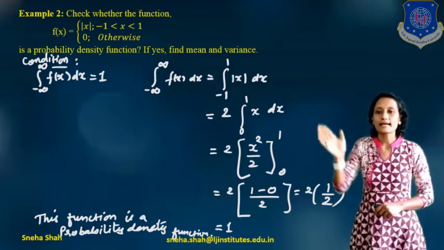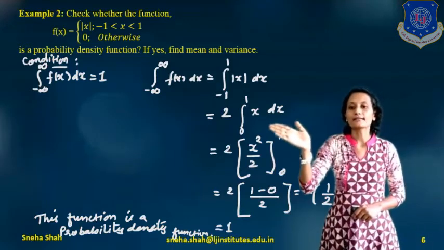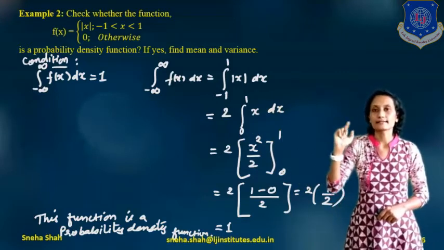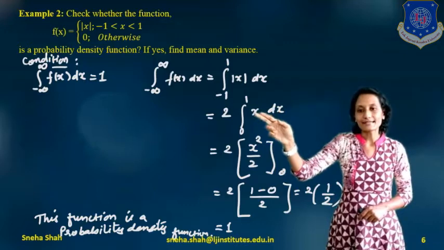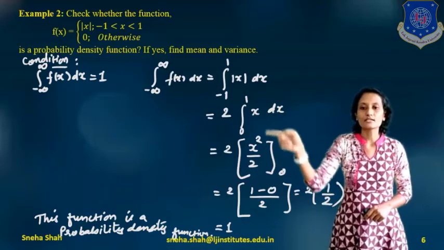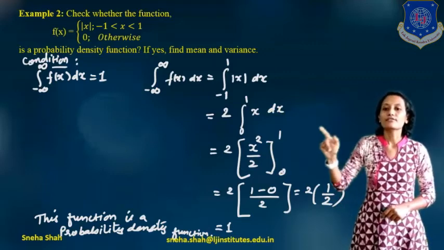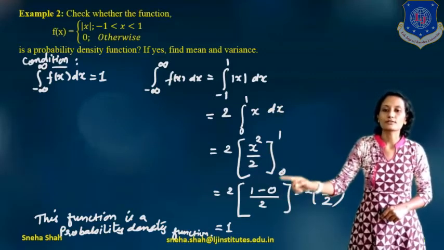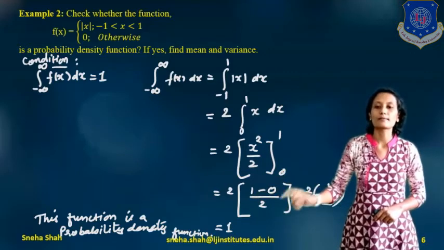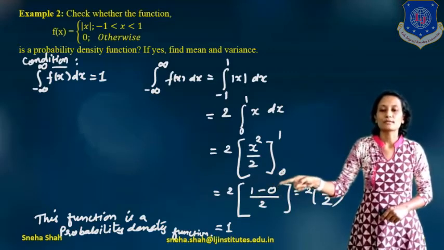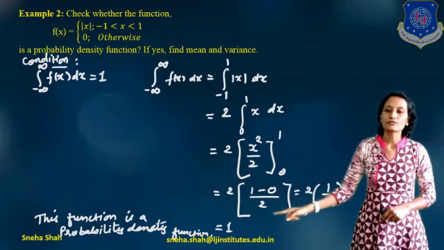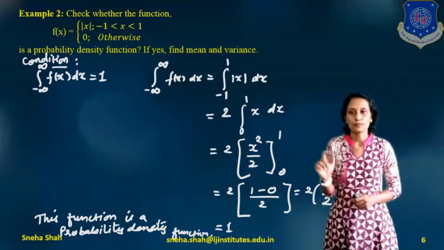So from this we will directly write this equals 2 times integration 0 to 1 x dx, right? Now if I am integrating this term, it will be x square divided by 2, and the range will be 0 to 1. Now if I am putting this range over here, the term will be 1 square means 1 minus 0 square means 0, divided by 2. So 1 minus 0 means 1, divided by 2. So 2 into 1 by 2, 2 will be cancelled out. So the final answer equals 1.